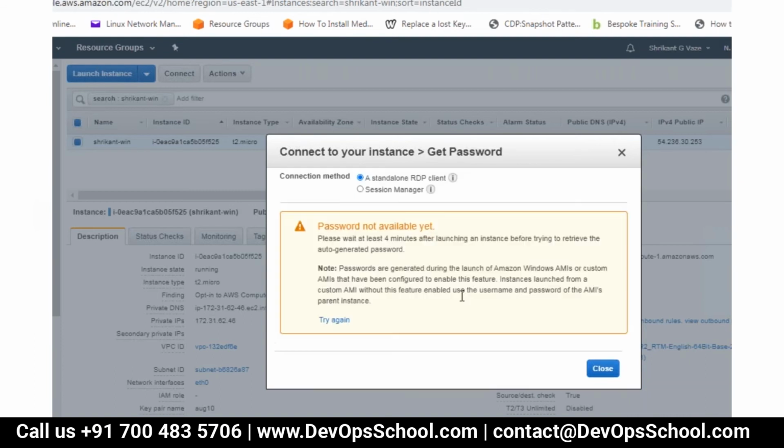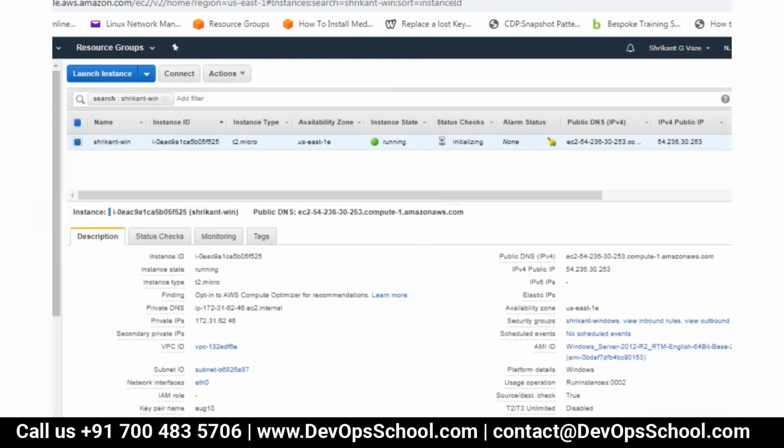It may take up to 4 minutes to generate the password. To generate the password, basically you need to upload the PEM file, and from the PEM file it will create a password and give it to you. So that is the password for the administrator account. Okay. So let me just try that.